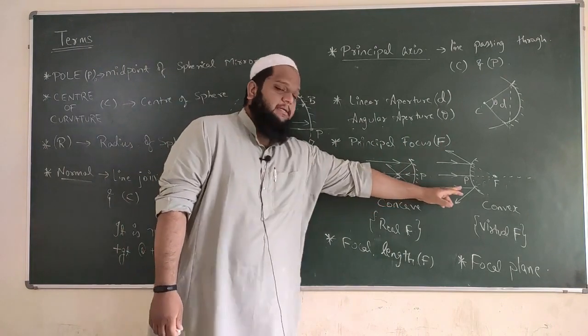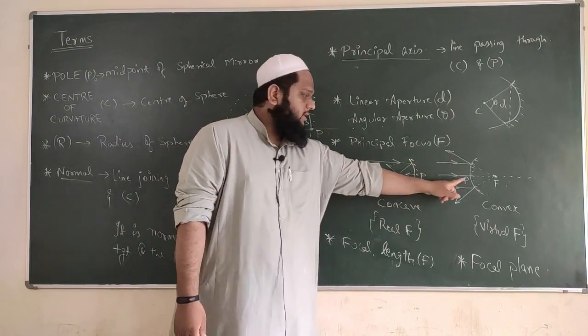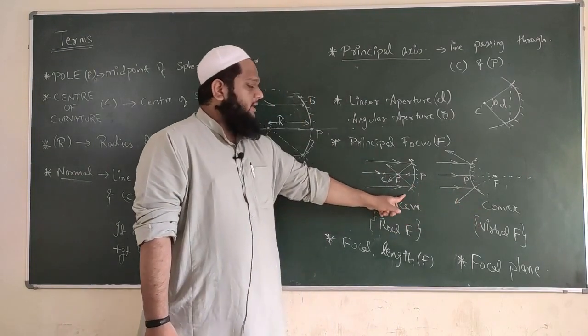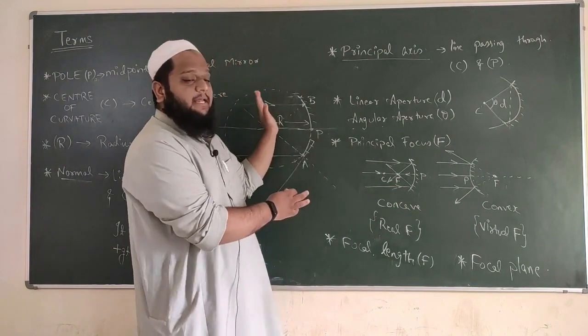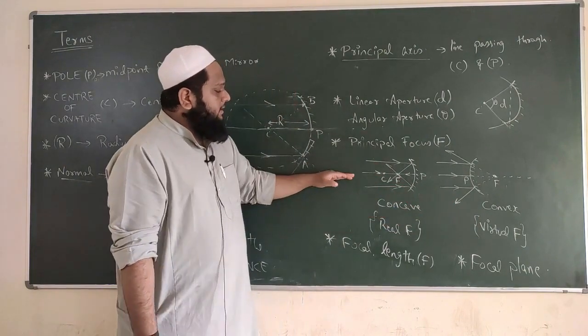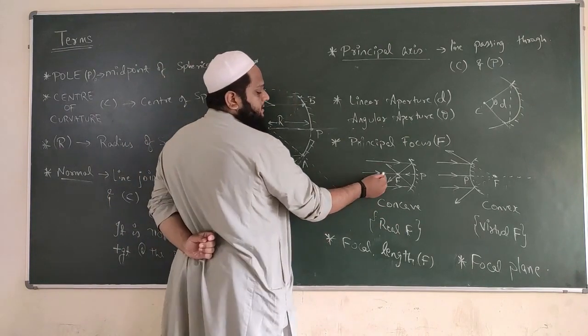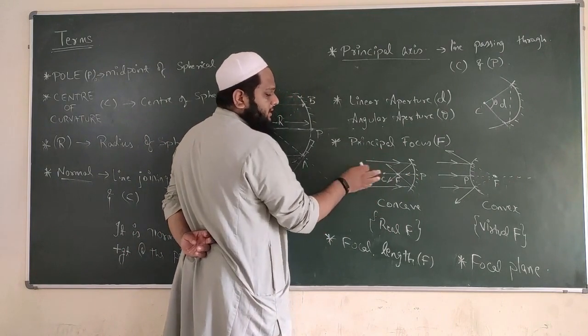I have drawn both the mirrors so that you understand in both the cases. This is your concave mirror. This is your convex mirror. In the concave surface, they either call it mirror or spherical surfaces. First, we are dealing with spherical surfaces. So, concave, in this, what is happening? This you have already known. This is the center. This is the pole. Yeah. This diagram was drawn in the last class also.